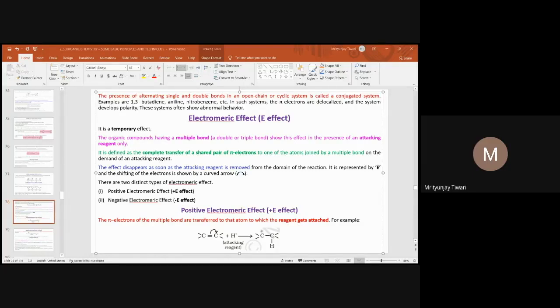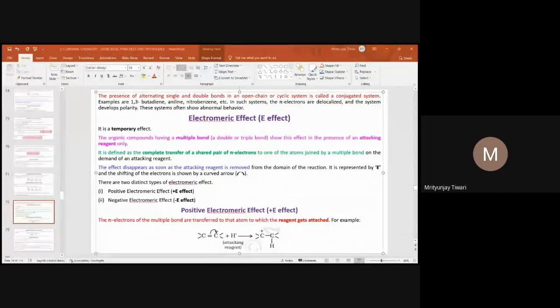The net charge is 0, plus 1, and here we see a plus 1 charge. So this is called a positive electromeric effect. It usually happens because of the electrophilic attack on the pi system. There can be a nucleophilic attack on the pi system as well, and nucleophilic means the electron